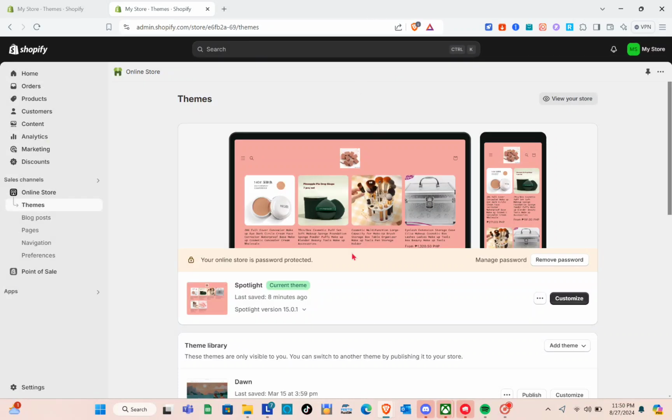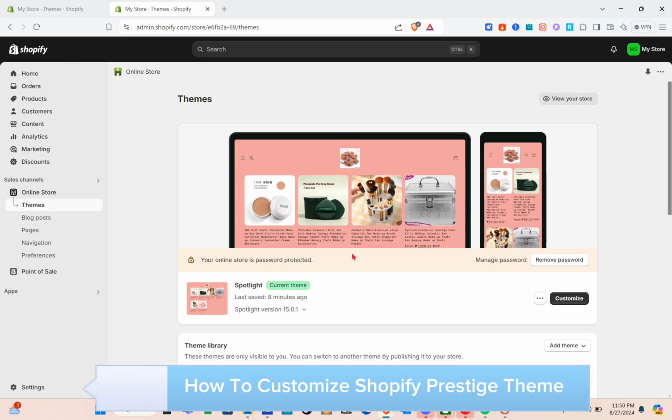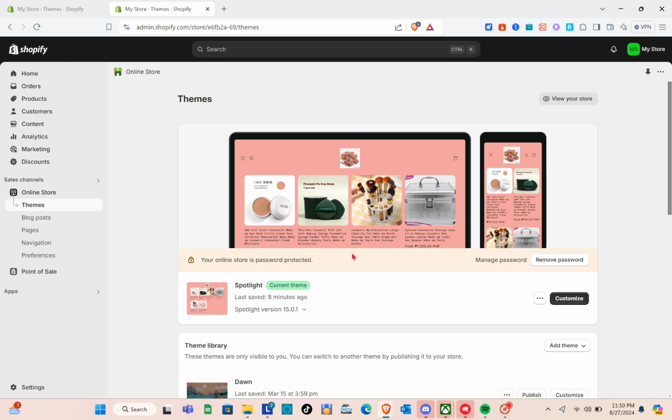In this video, you'll learn how to customize a Shopify Prestige theme. So the first thing that we should do is open any of our web browsers, and of course we have to log into our Shopify store. So just visit the Shopify store, and then once you're here, as you can see, this is my current theme,